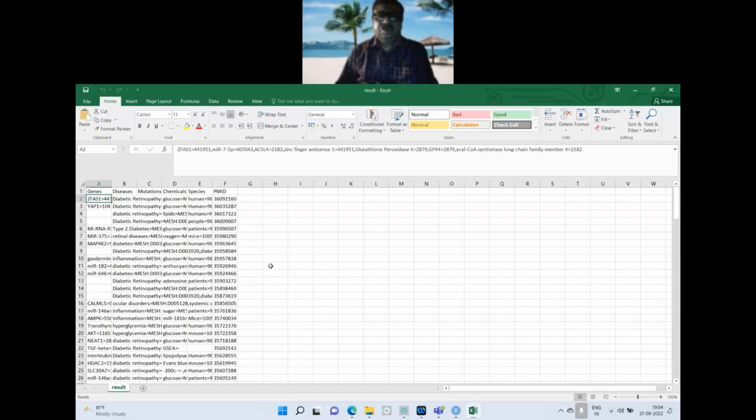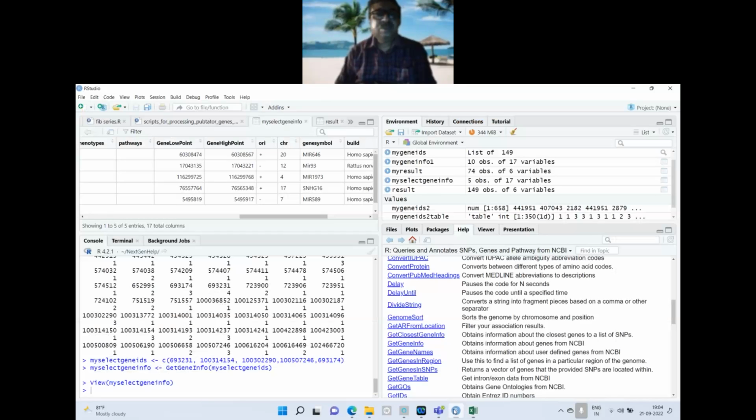One way is that we can write some small R scripts which can process the data in the table, the Excel table I showed you. So basically we can import the data from Excel,